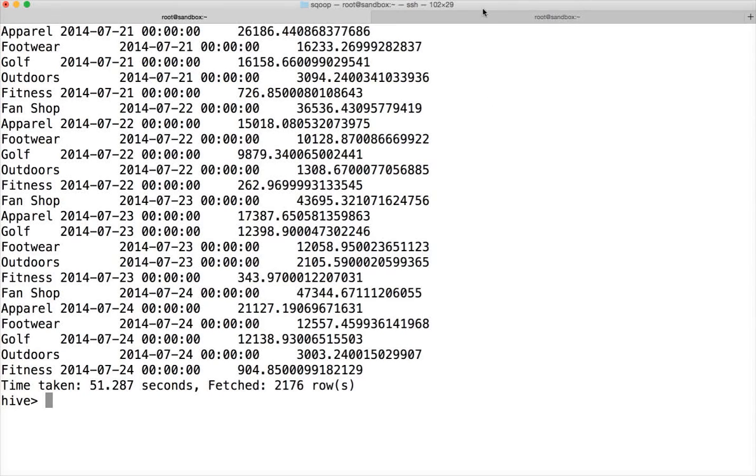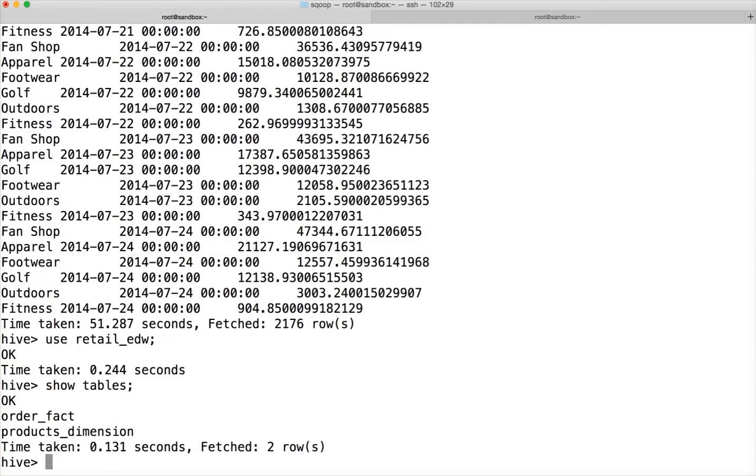And when you actually design your denormalized table, you need to do some homework on granularity and other data warehousing concepts you need to keep in mind. And already we have done that data modeling. We have created order underscore fact table under retail underscore EDW, and if you see, there is a table called order fact, and if you describe the table